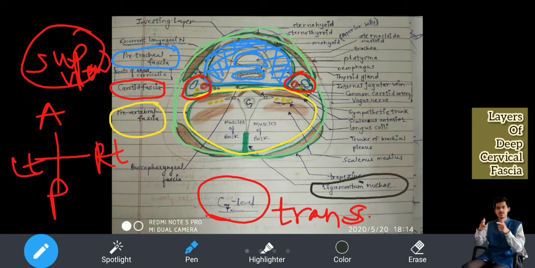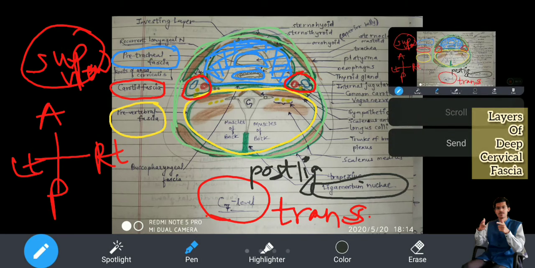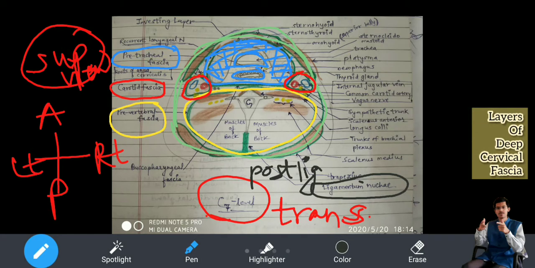This is the posterior ligament. The ligamentum nuchae continues as the posterior ligament. This is very, very important. You need to remember this when we discuss the prevertebral fascia. At that time I will tell you the significance of this posterior ligament. So these are the structures we are going to look at in detail now. You can take a screenshot of this, and you can see that on the posterior aspect of the pretracheal fascia, which I have marked in blue, I have written buccopharyngeal fascia. Can you see this arrow? Can you trace this arrow? It's here.